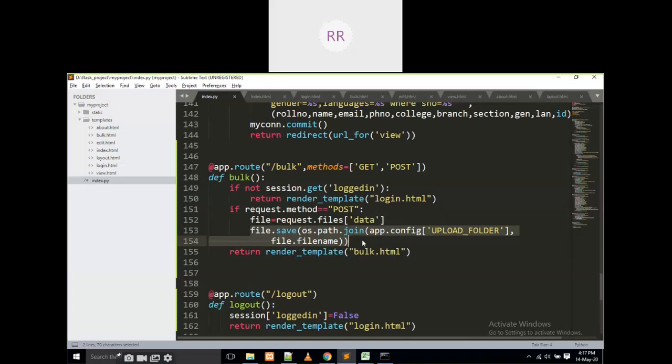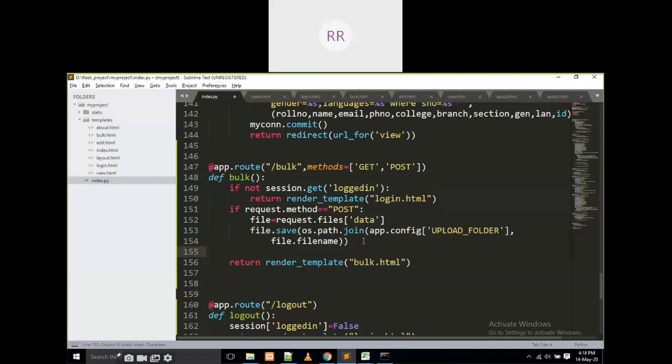Okay everyone, that means one step is done. Wherever the file is, I am going to pass it into our folder. My next step is to read the data inside that file. Okay, what is my next step? My next step is to read the data inside the text file, that Excel sheet.